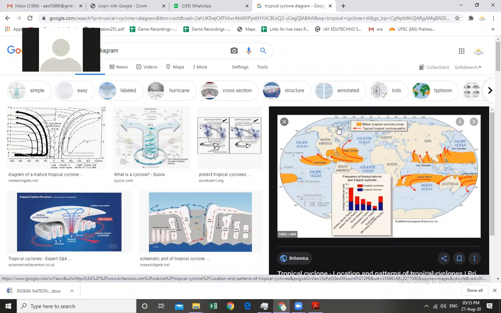So, can you repeat the latitudes? See, the air mass which is located between 30 to 60 degree latitude, and another air mass located between 60 to 90 degree latitude. So which air mass will have more temperature? 30 to 60 degree. 30 to 60 degree latitude, right?